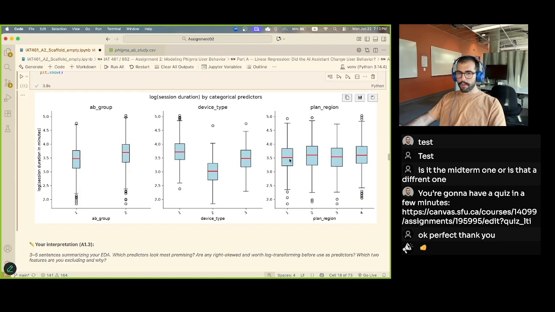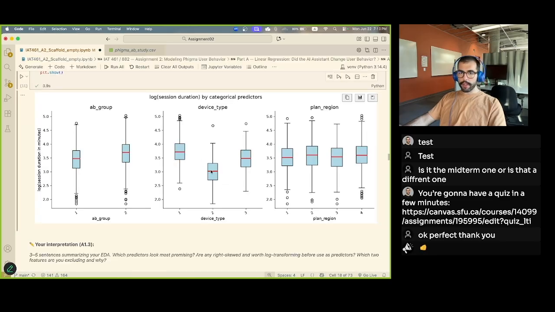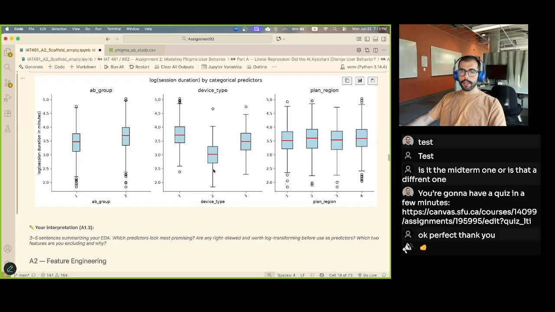So there's no difference. But as Tim and Minahill pointed out, we can see that they are way different. Like we have desktop, mobile, and tablet. And the mobile users apparently have way lower session duration, which technically makes sense because we don't expect a user on a mobile device to be using Figma, which is a design application,